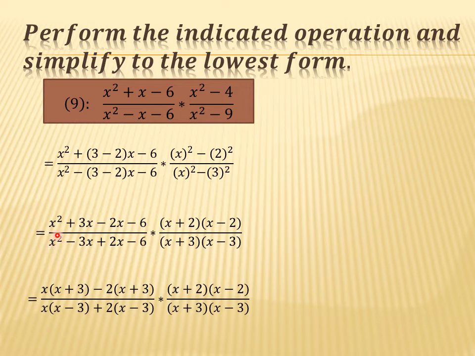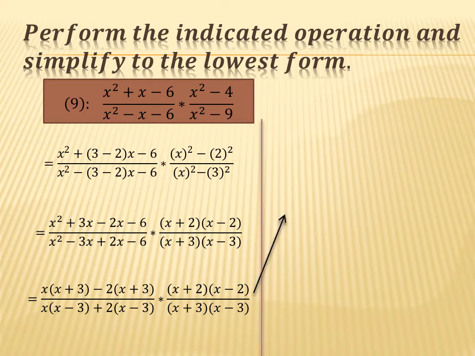The next part is to take common from the first two and the last two terms. X square plus 3x, the common digit is x and x plus 3 will remain inside the bracket. Here minus 2 and minus 6, minus 2 is the common digit, and as we have taken minus as the common digit, this minus will be changed to plus. Same goes in the denominator. X is the common digit, x minus 3 will remain inside the bracket, plus 2 is the common digit, x minus 3 will remain inside the bracket. The second fraction will remain the same.